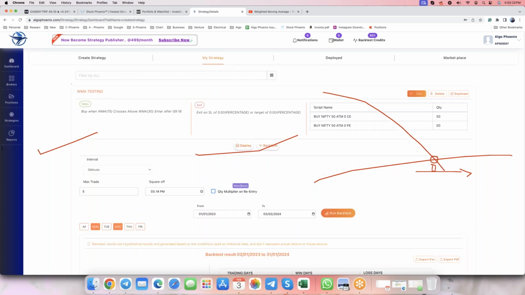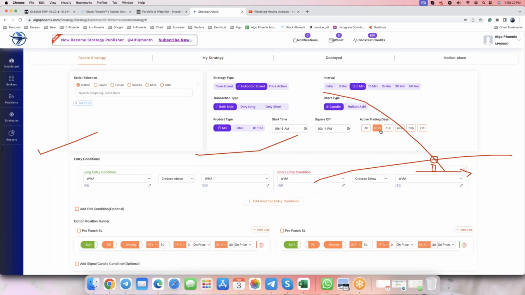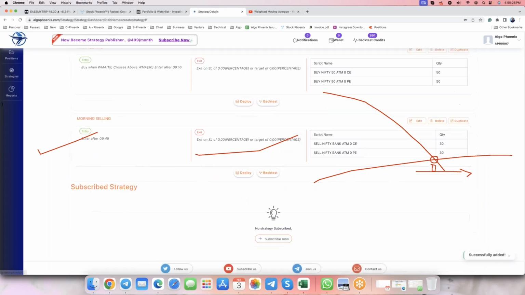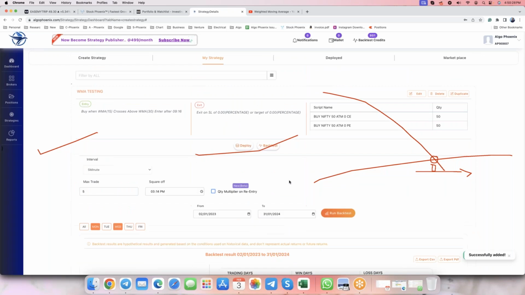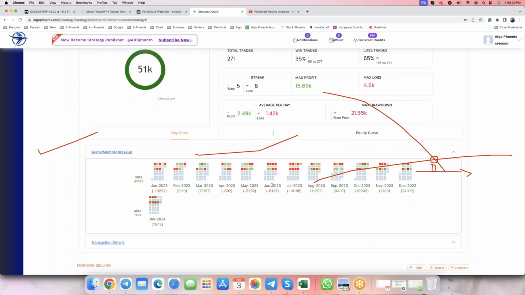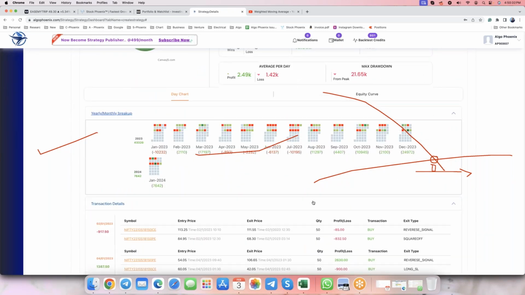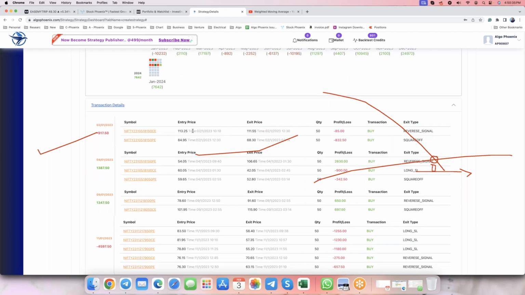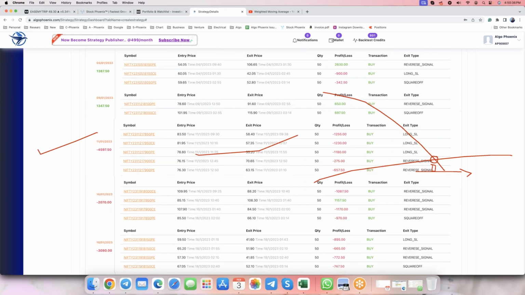Now what I can do is go and edit the strategy, keep it as Mondays and Wednesdays only, and update the strategy. Now the strategy has been defined further here, which is giving me better results. If I look at the transaction details, it is giving a premium of around 113 rupees, and the maximum premium I've seen over here